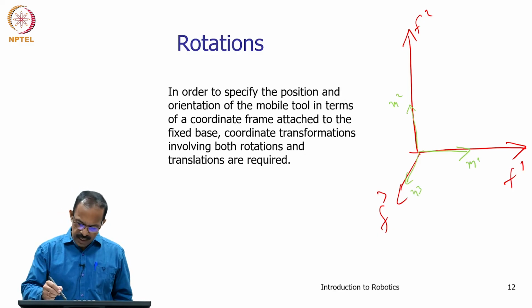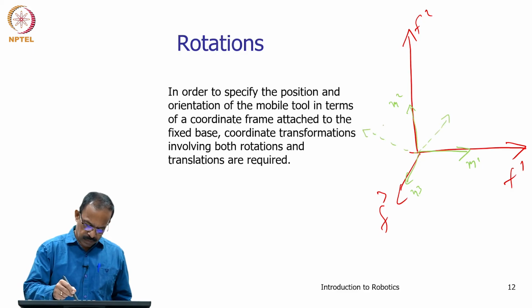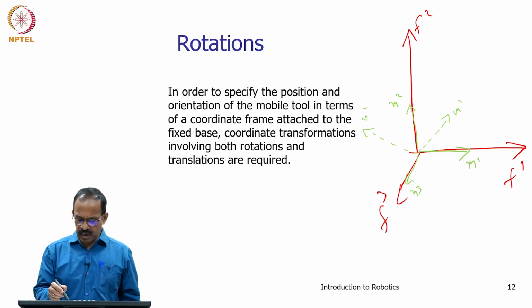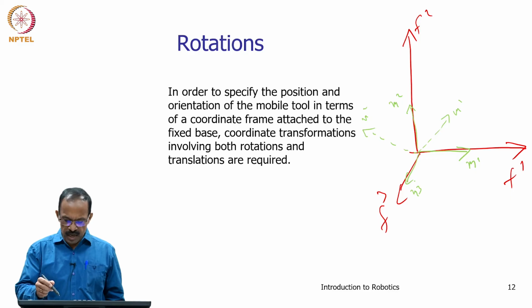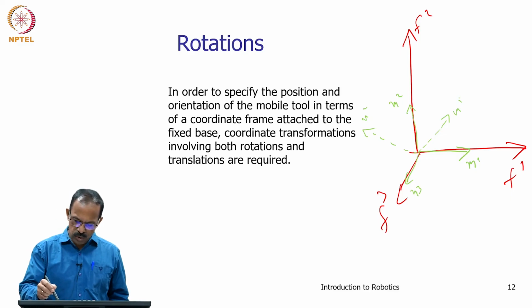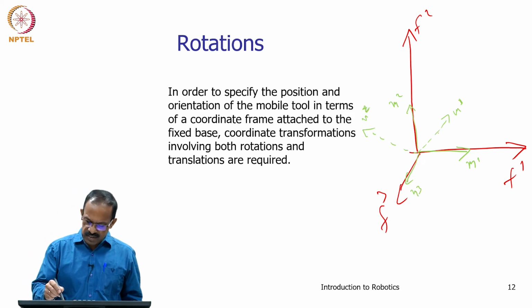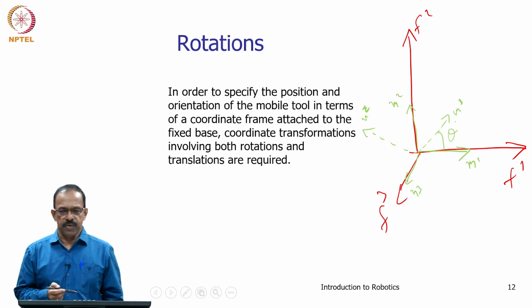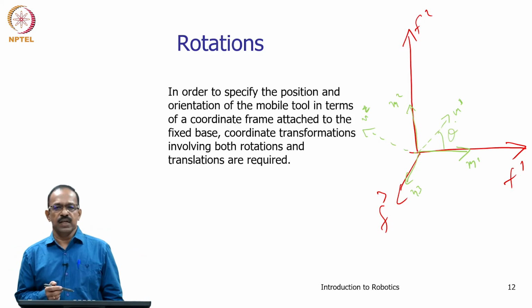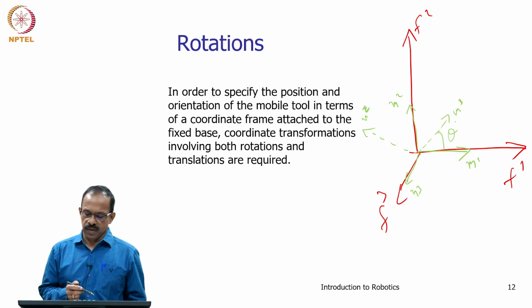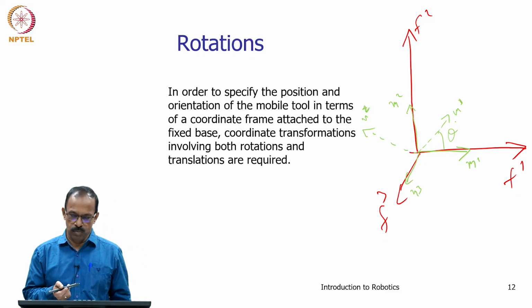One is that the mobile frame can rotate. M1, M2 can rotate, assume that it is rotating with respect to M3. So, you will be getting the new M1 as this and this will be the M2. So, that is one way. Basically we are saying that the coordinate frame is rotated by an angle theta with respect to F3 or M3. So, that is one way of rotation, one way of movement.